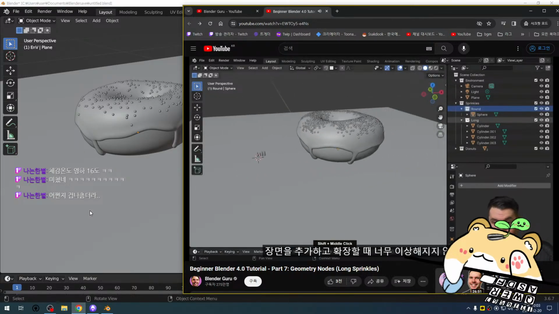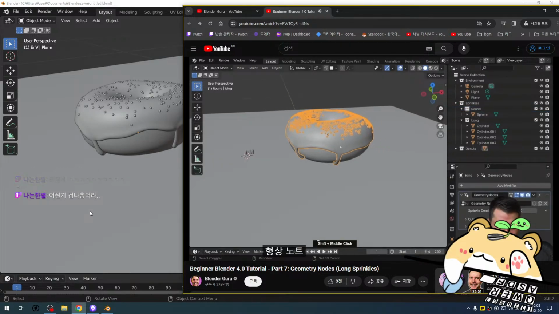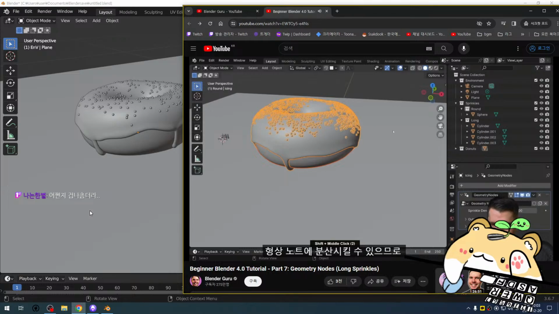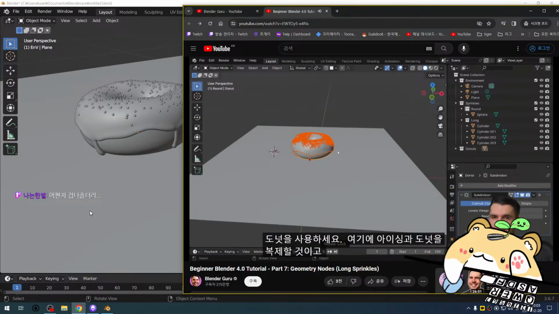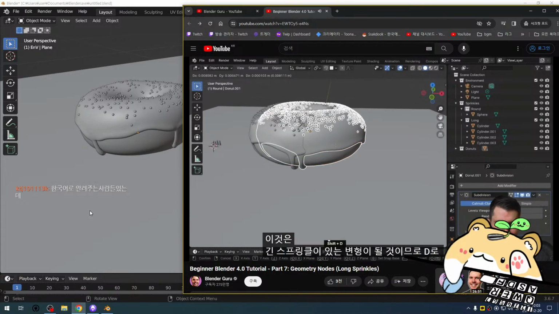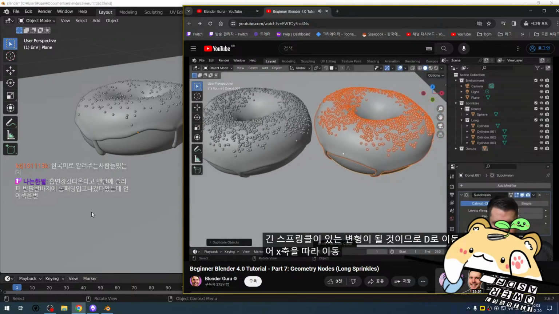All right, so it's also good that we've created collections because we can now use that to scatter across the geometry nodes. So with our donut here, so the icing and the donut, we're going to create a duplicate, and this is going to be the variant with the long sprinkles. So Shift D and then hit X to move it along the X axis. So let's just place